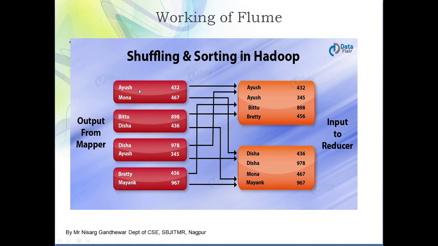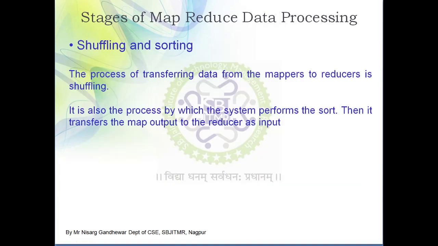And shuffling means what? Here we can say four sub files are there, but we reduce it to two sub files. So this is the shuffling operation. Whatever output is provided by the map function or mapper undergoes two operations: one is shuffling and the second is sorting. Here we can say these four sub files are mapped to two sub files. This is shuffling, and when this data is arranged in ascending order, that is called sorting. So this is the third stage in MapReduce data processing, shuffling and sorting.